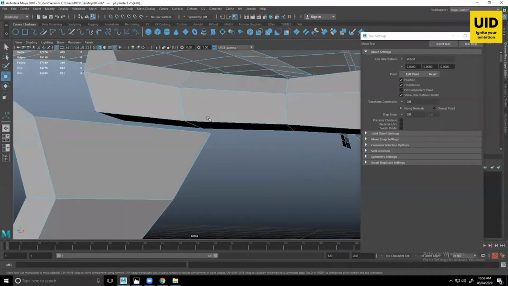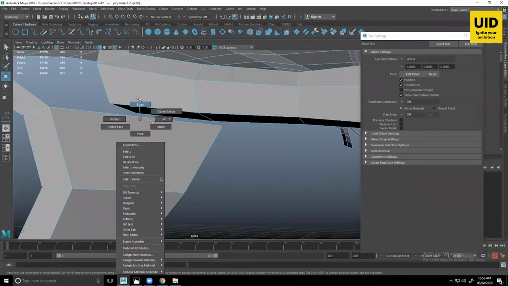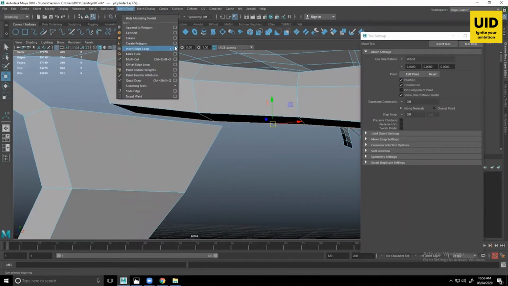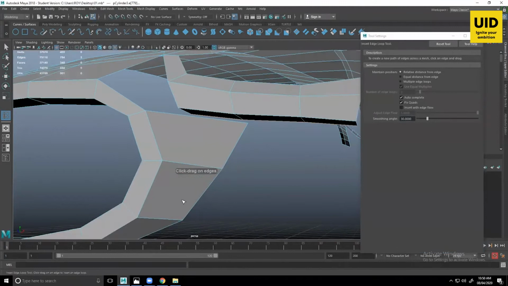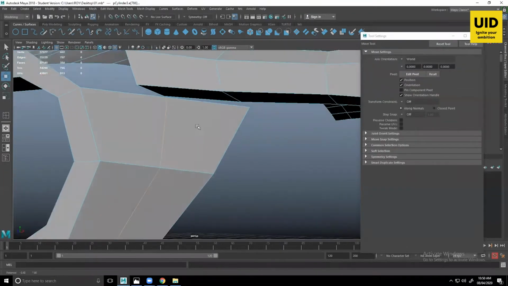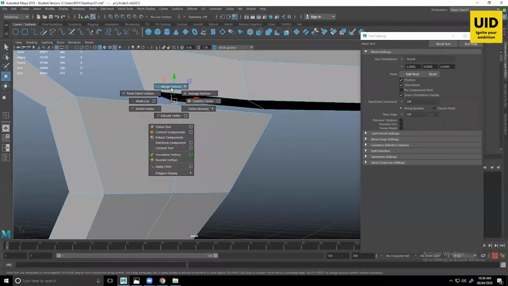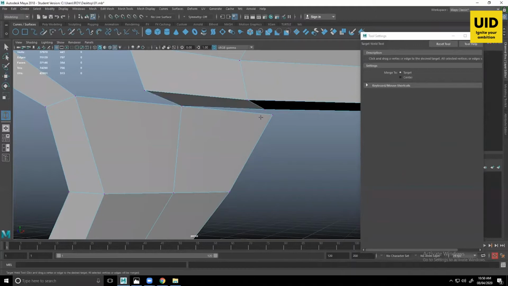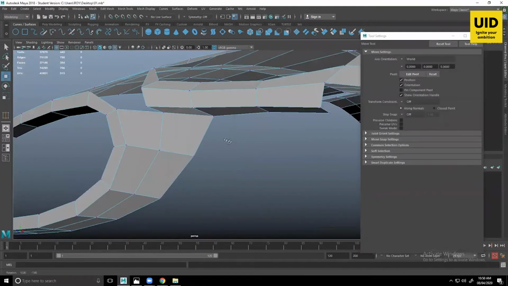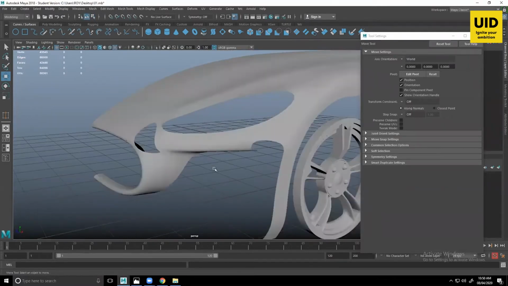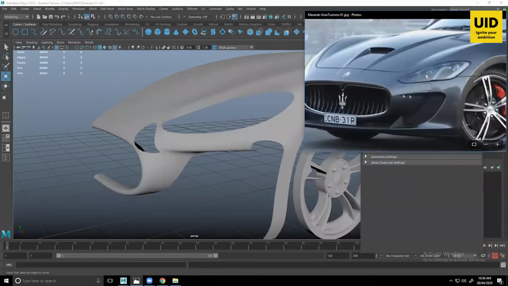So for the time being, I'll go to my insert edge loop tool. I'll reset my setting because I don't want any kind of curvature over here. I just simply want to insert my edge. So now I'll go to my vertex, select my vertex, target weld tool, and I'll just target them. Now if you see, if I press the 3, see it's going inside now. Okay, this is what we have now.